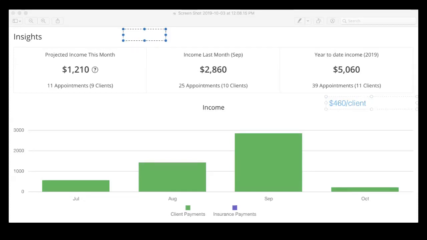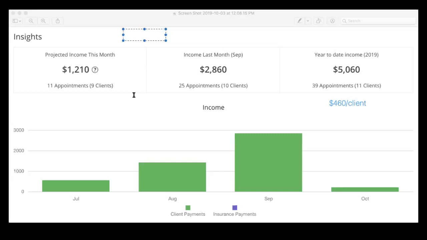Maybe most people average 12 sessions. Well, that's $1,300 per client as a lifetime value. But right now today, we can only calculate what we have today. It's $460 per client. That's the average lifetime value of a client.